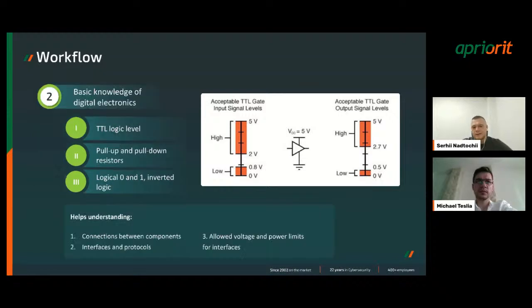This information will help us understand the connections between components, identify interfaces and protocols, and understand allowed voltage and power limits. For example, if you have components talking at 3.3 volts and you connect gear which communicates in 5-volt logic, you can probably blow out target components because they may not be 5-volt tolerant.